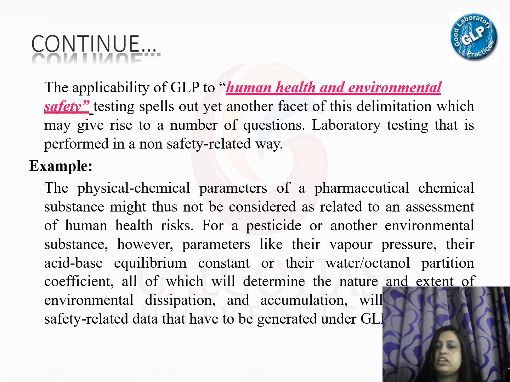However, parameters like vapor pressure, acid-base equilibrium constant, or water octanol partition coefficient, all of which determine the nature and extent of environmental dissipation and accumulation, are safety related data and will have to be generated under